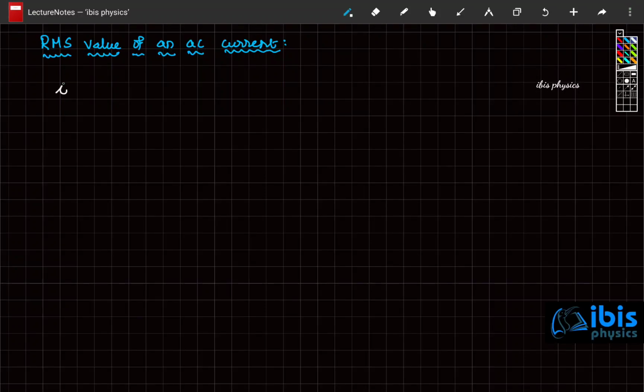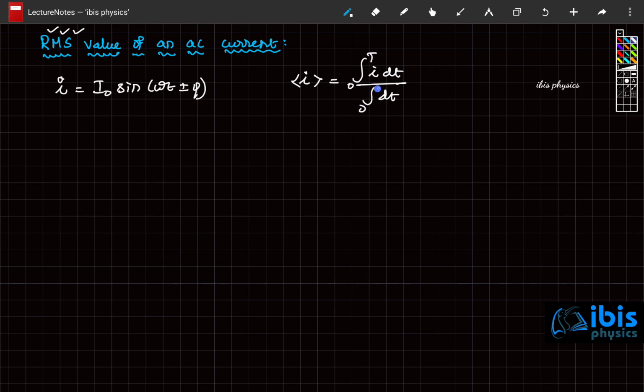If current is represented as I equal to I naught sin(omega t plus or minus phi), the RMS value literally stands for root mean square. First you have to take the square, then take the average value, the mean. Suppose, how did we find the average of current? The average of current is the integral of I dt by the integral of dt, for a full cycle, 0 to T. Similarly, for the square and mean,